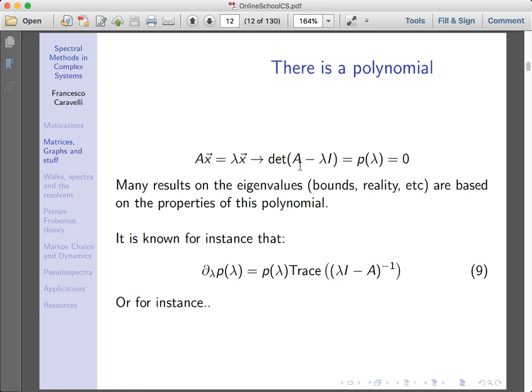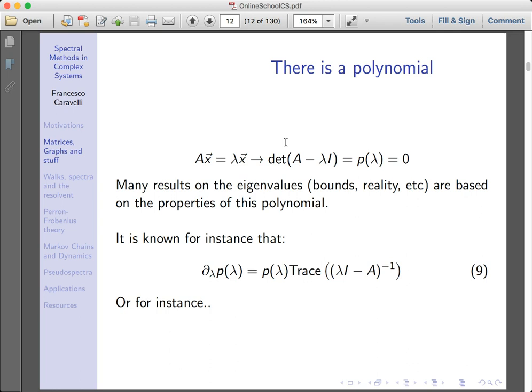The statement of the connection between the eigenvalue problem and the polynomial is the following. If Ax is equal to lambda x, then this means that A minus lambda I must have an eigenvalue which is 0, because this is the statement that there is a vector x such that this applies to the vector x. Basically, this is going to give you 0, which means it has an eigenvalue 0. If this is true, the determinant, which is the product of the eigenvalues of the matrix, then has to have an eigenvalue 0, and this implies